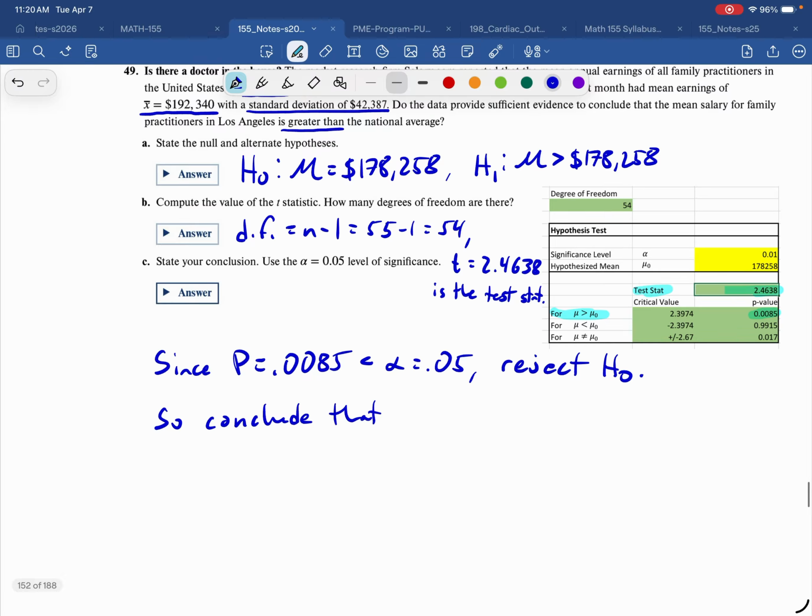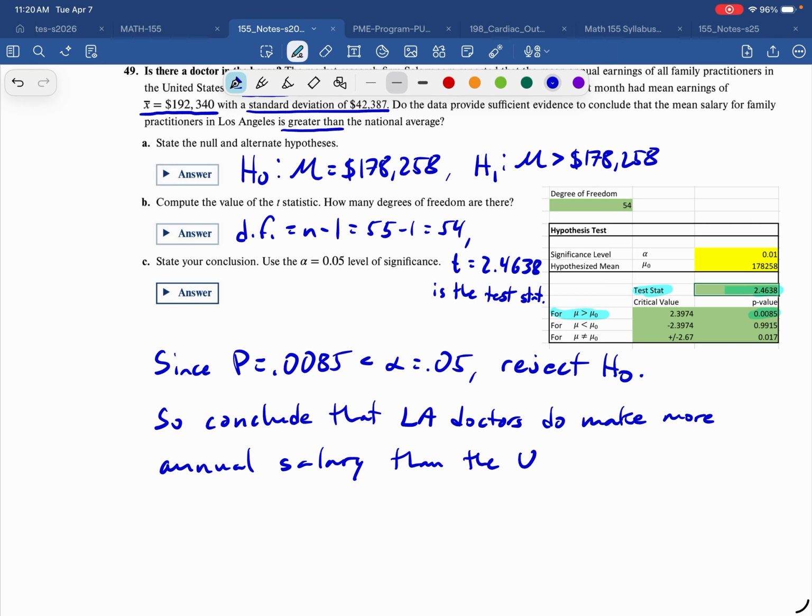We do conclude that LA doctors do make more annual salary than the U.S. average,